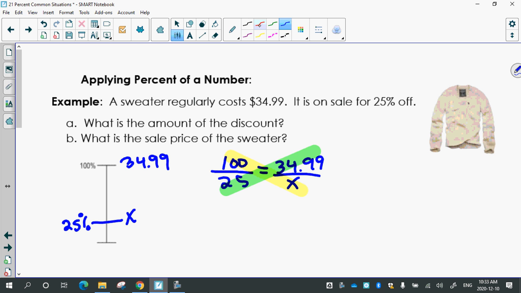So we can see that 100x equals 25 times 34.99, which is, so just write down all the decimal places till the end of the question, 874.75. Divide by 100. And we get x is,